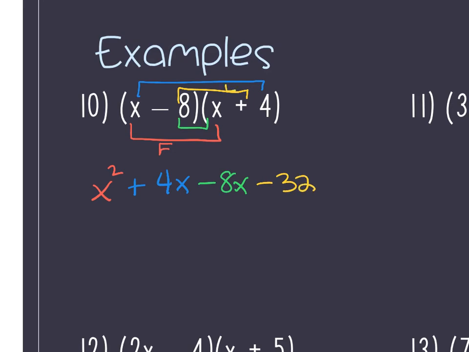So this is last, this is in, this is out. When you FOIL, you'll be able to combine your like terms in the center, the outer and the inner, and the final answer here is x squared minus 4x minus 32. Let's